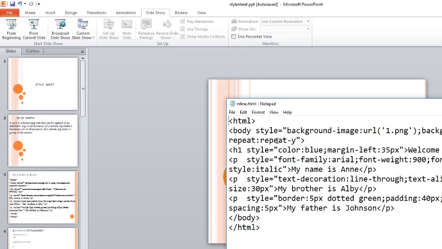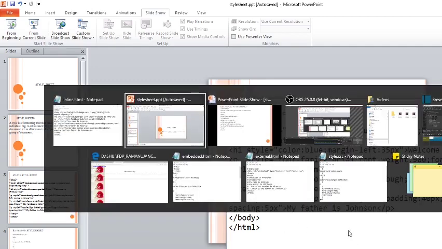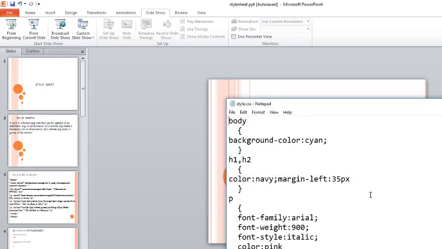Second, we have seen, is external style sheet. Third is embedded style sheet. So we'll see the output of each category. We'll also see one more thing, how we write the external style sheet.